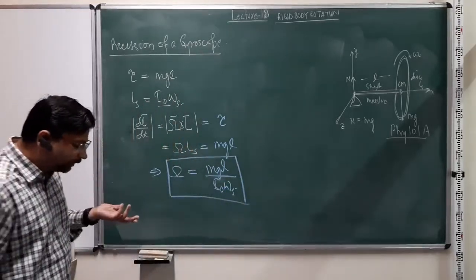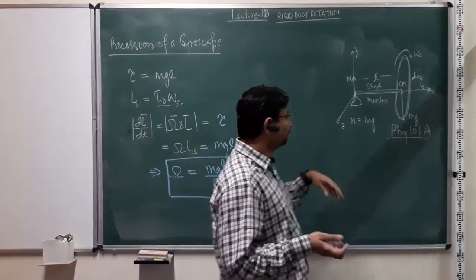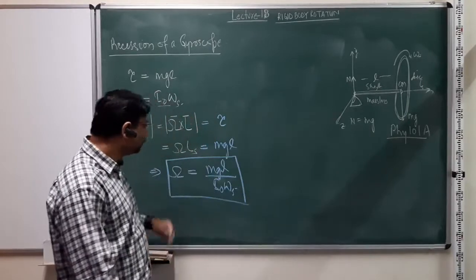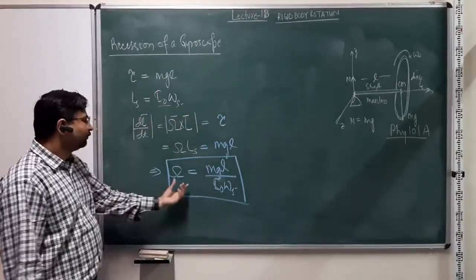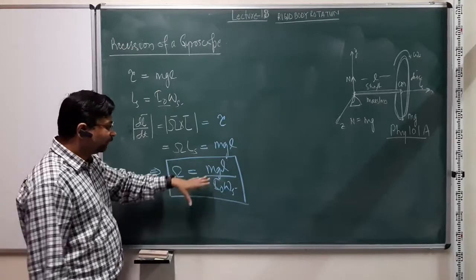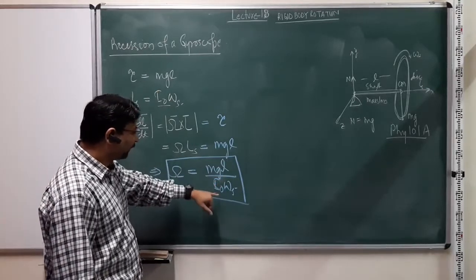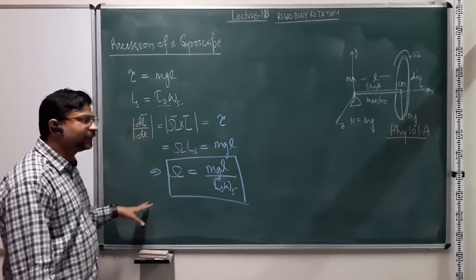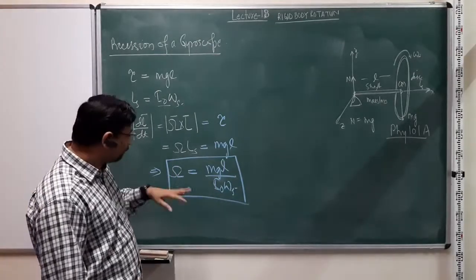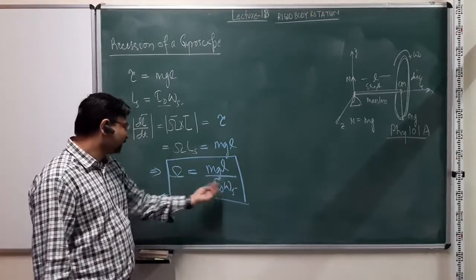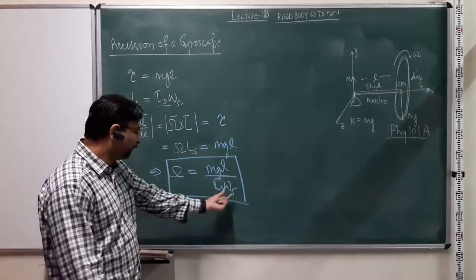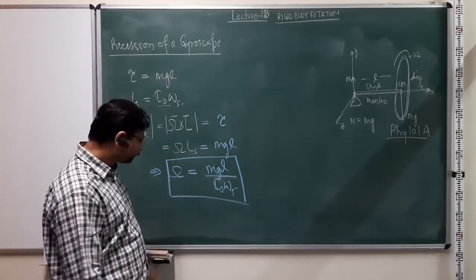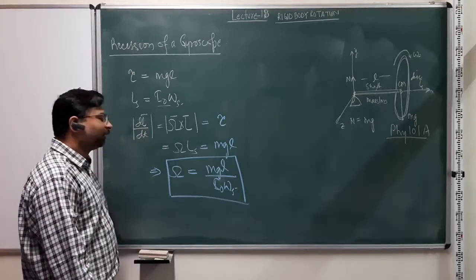Okay, so basically we know the forces or the torques which are responsible for this kind of motion, and we can get the angular speed in terms of the known parameters now: the mgl torque acting and the initial angular momentum I0 omega s. Of course, this is strictly valid where this capital omega is much smaller than this omega s. So the disk is spinning much faster, which leads to uniform precession